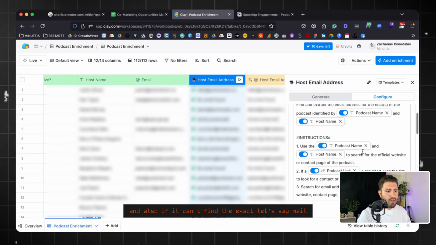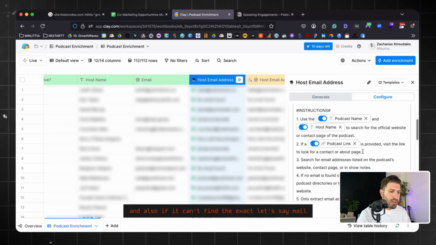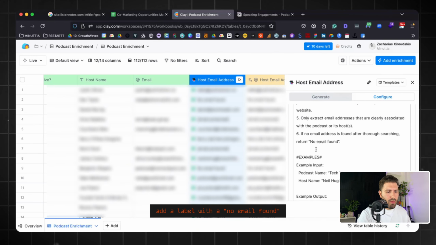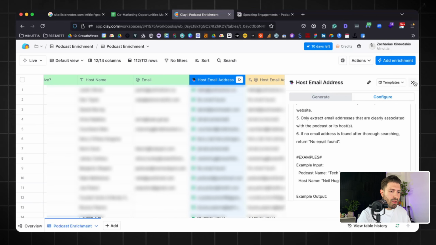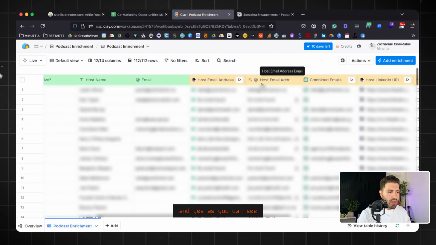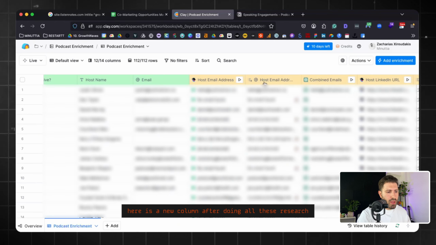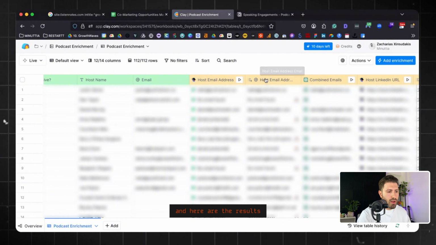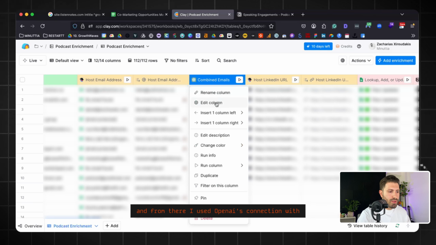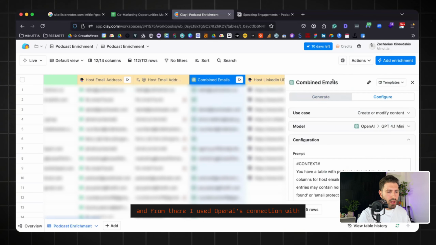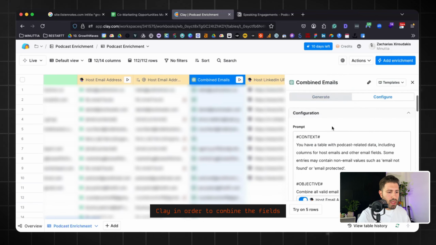And also, if it can't find the exact, let's say, email, add the label with no email found. And yes, as you can see, here is a new column after doing all this research, and here are the results. And from there, I used OpenAI's connection with Clay in order to combine the fields that I already have, and the fields are the email that I found on my own and the email addresses that